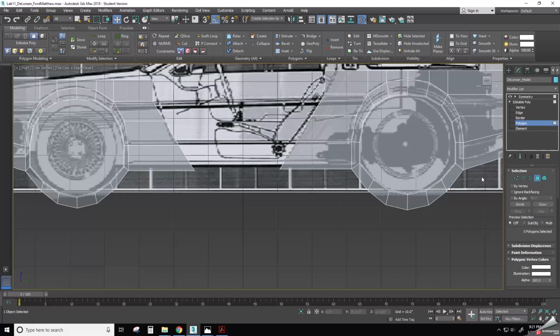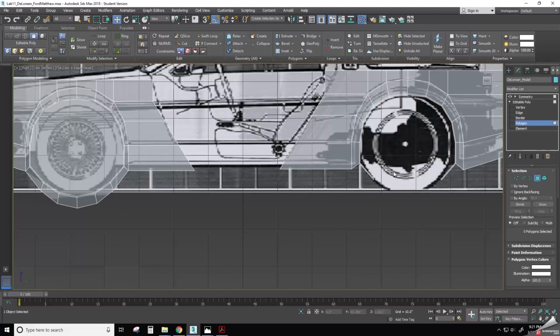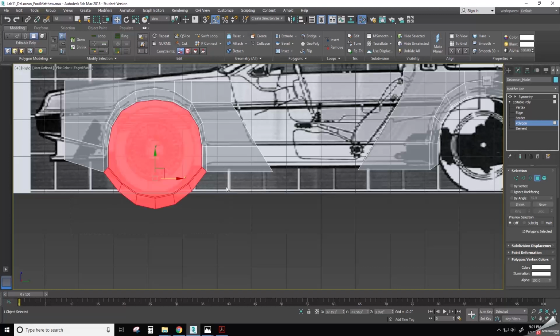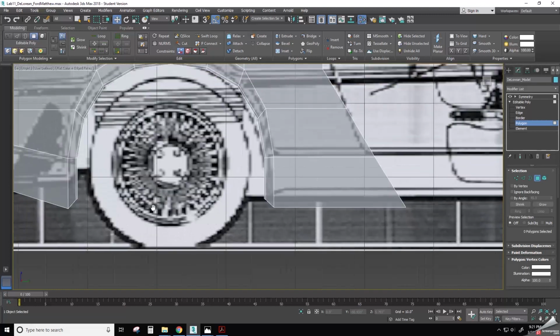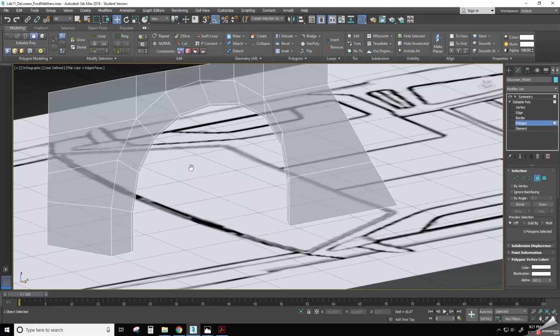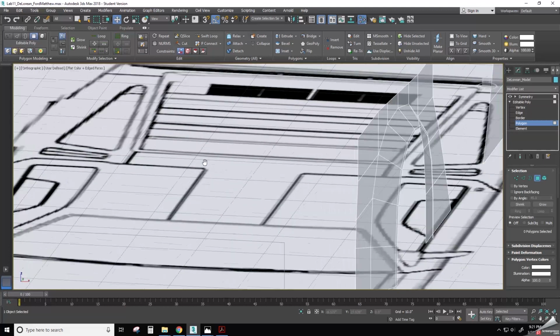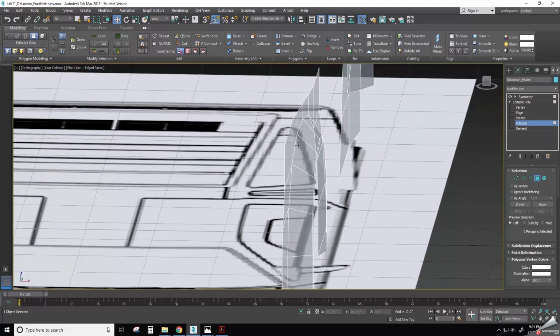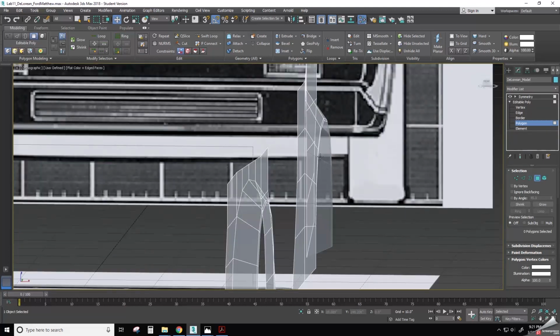At this point, we can delete these polygons we don't need. Delete. Because at this point, all they're going to do is just be in our way. Delete. I'm going to keep that there to help. See, there's a flat lip